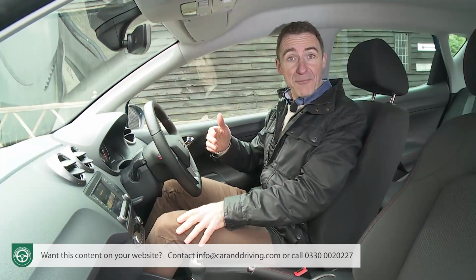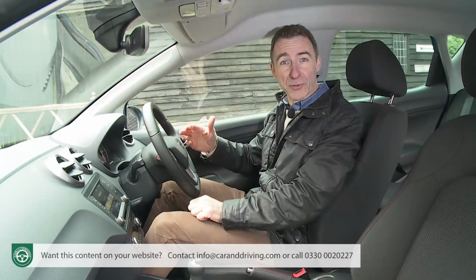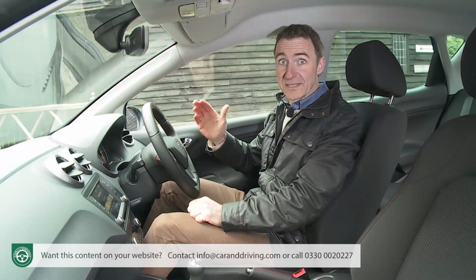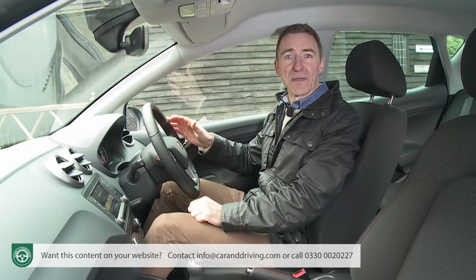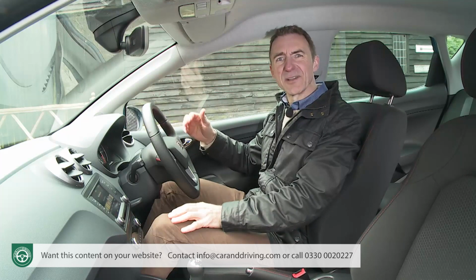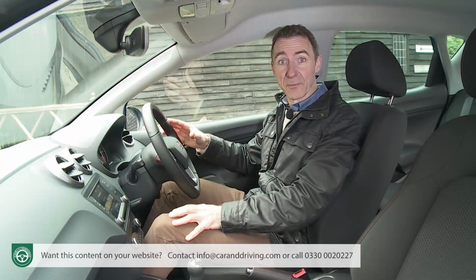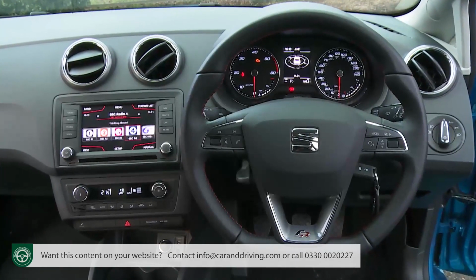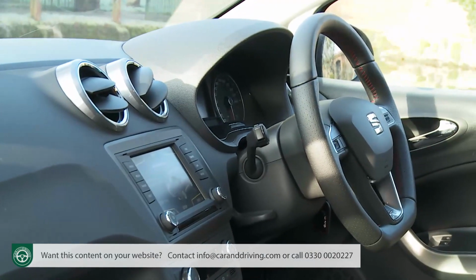Time to take a seat up front, the part of the car into which most of the design budget was poured when it came to this facelifted model's package of changes. Now, that was a wise choice on Seat's part. There was never very much wrong with the way that the outside of this Ibiza looked, but earlier versions always felt dull and cheap and plasticky once you got behind the wheel. This one is much nicer, thanks to many elements borrowed from its larger Leon family hatchback stablemate,